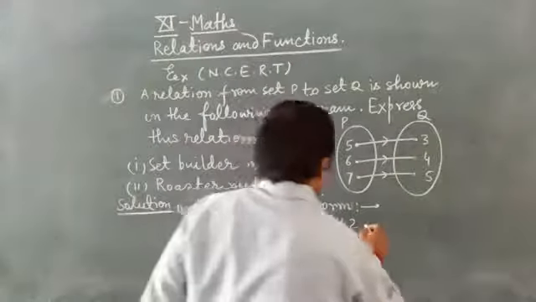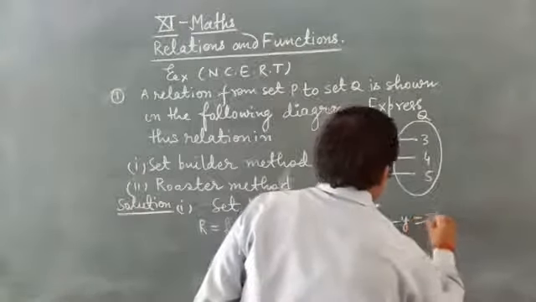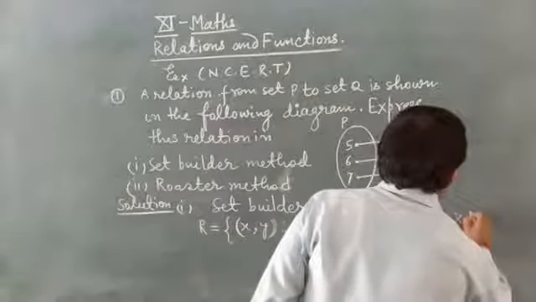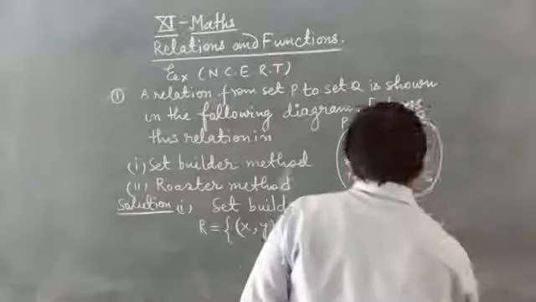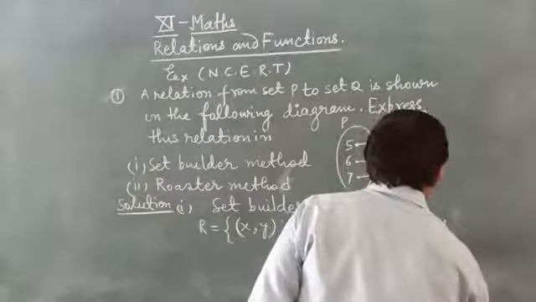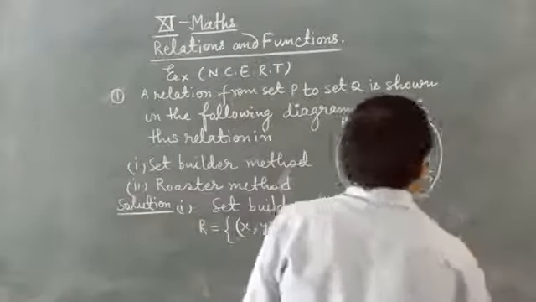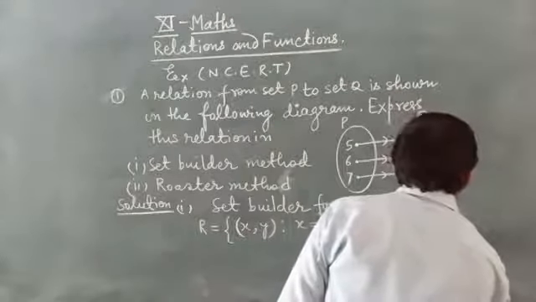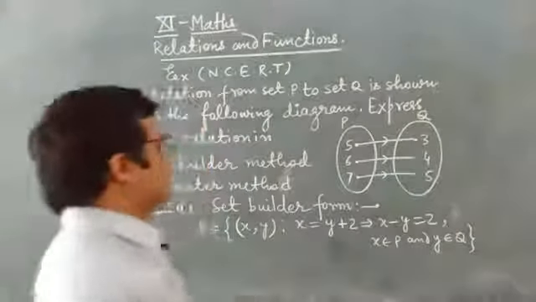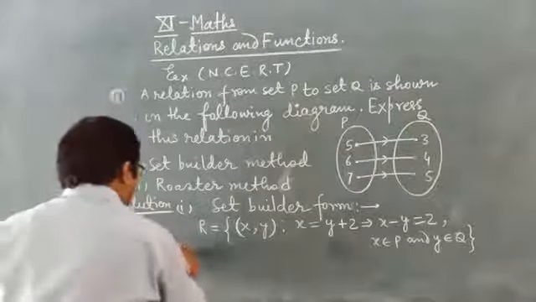Or this can be written as this implies that x minus y is equal to 2, and x belongs to P and y belongs to Q. This is in set builder form. Second,